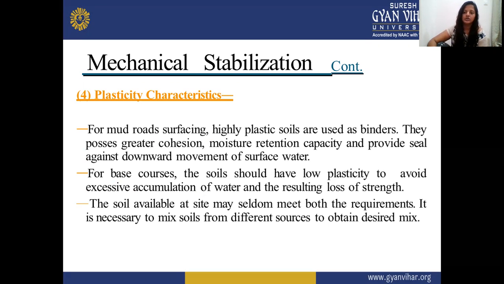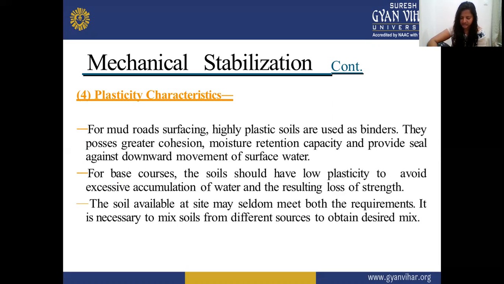But when we are talking about base course, or the soils for rigid pavements, naturally we tend to have very low plasticity, which does not mean we use plastic. We use certain soils which can easily percolate the water during rainy seasons or monsoons, and there is no accumulation of water on the top. Because with accumulation of water on the top, it can cause uplifting of the whole base course. So that is what we are supposed to make sure is achieved.